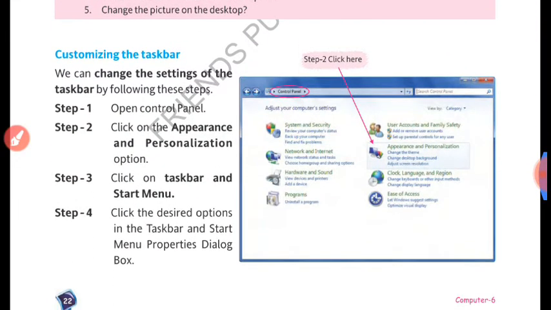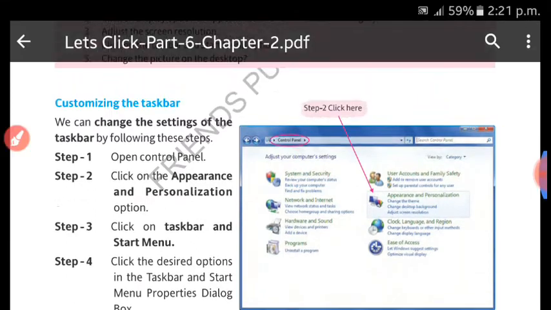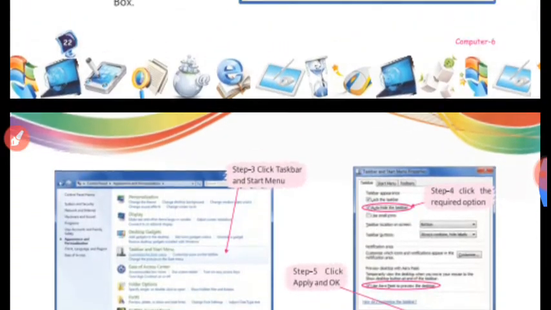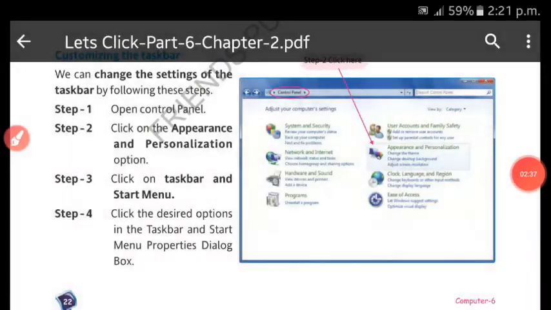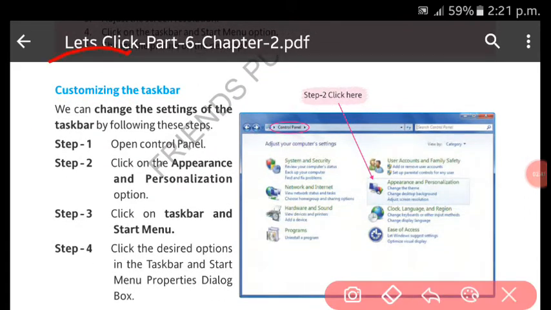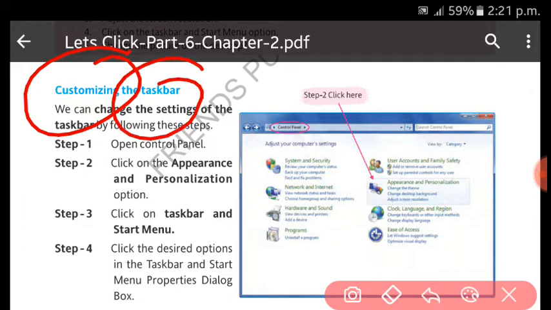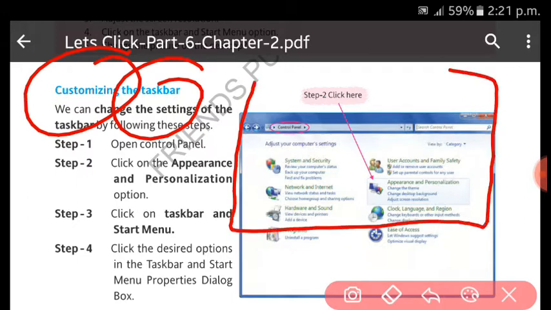Next, how to customize the taskbar. What is the taskbar? First see what the taskbar is. Customizing means you can change it as per your choice. The taskbar is the bar located at the bottom of the window.